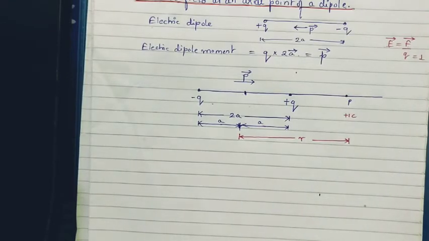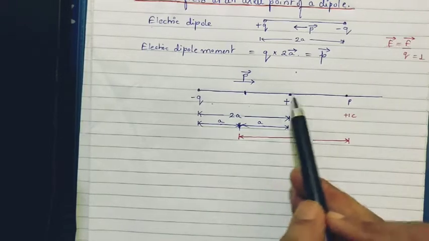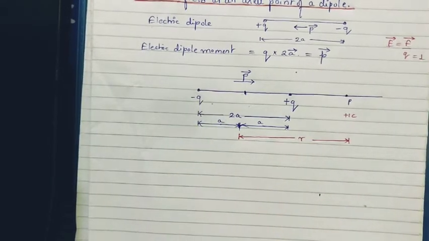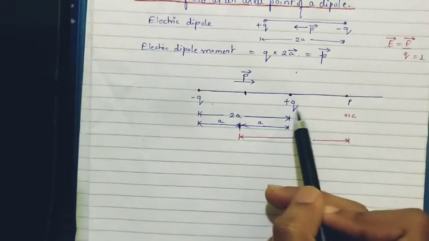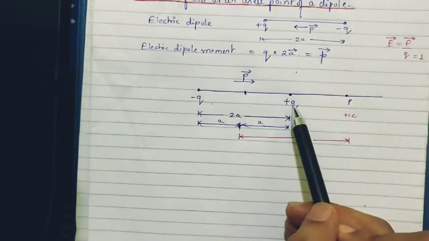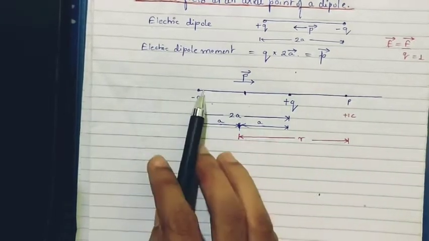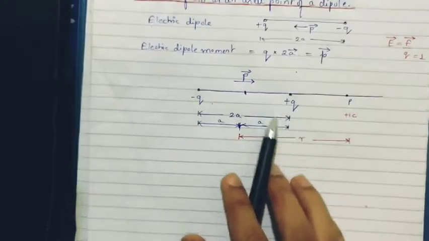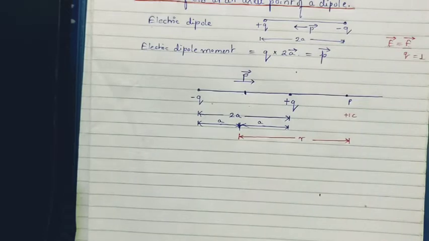Okay, now let us draw the directions of the electric field due to individual charges. Before that, let us understand which field will be stronger. Field due to plus Q will be stronger or field due to minus Q will be stronger? So obviously the field which is generated at point P due to plus Q will be stronger. Why? Because plus Q is closer to this point P than minus Q. Minus Q is far away. So electric field due to plus Q will be greater than the electric field due to minus Q. This we need to understand. Okay, so let's write down the direction.